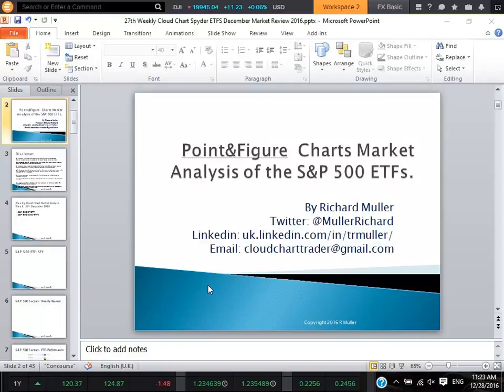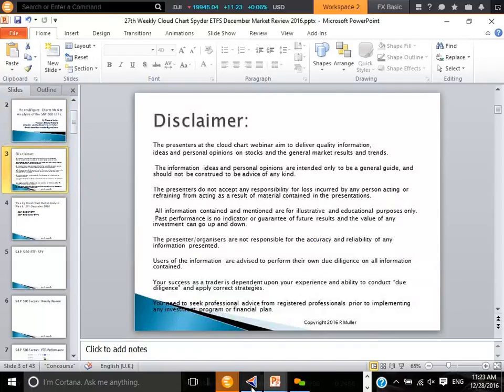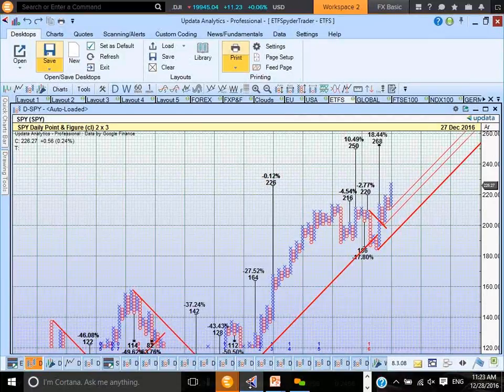Good morning, everybody. I thought I'll do a quick update on the weekly cloud charts, but more so looking at point and figure charts of the SPDR S&P 500 ETFs, the sector ETFs. So today I'm going to look at point and figure charts and the targets. There's the usual disclaimer. So we're going to jump right in, and we're going to start with the SPDR S&P